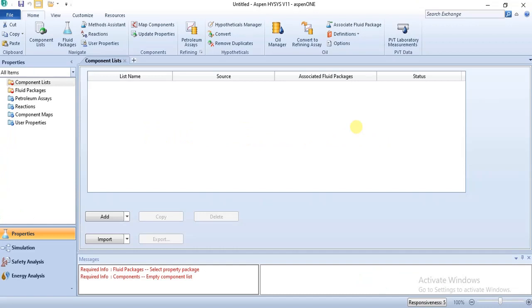In this lecture, I will be introducing you to the use of the Petroleum Assays feature in Aspen Hysys for crude oil characterization, right? So now, for crude oil characterization, you could either use the oil manager, right here, or you could use the Petroleum Assays. In this particular video, I will be showing you how to use the Petroleum Assay for